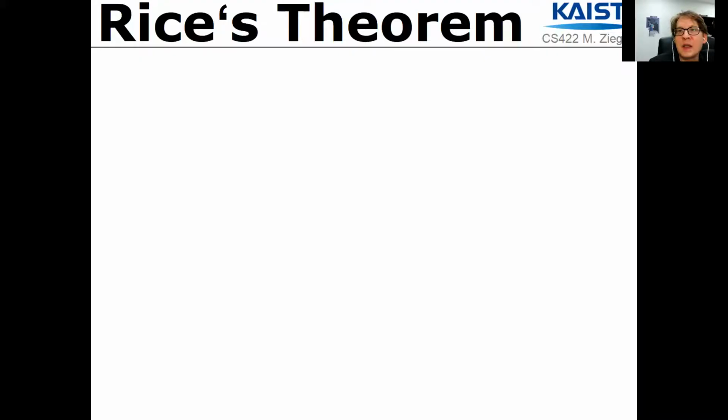So let's recall what Rice theorem is about. And here we go. Rice theorem is a very strong generalization of the undecidability of the halting problem. The halting problem is one specific question about semantic properties of an algorithm. And I emphasize semantic properties because syntactical properties of an algorithm usually are decidable, and that's why we generously ignore